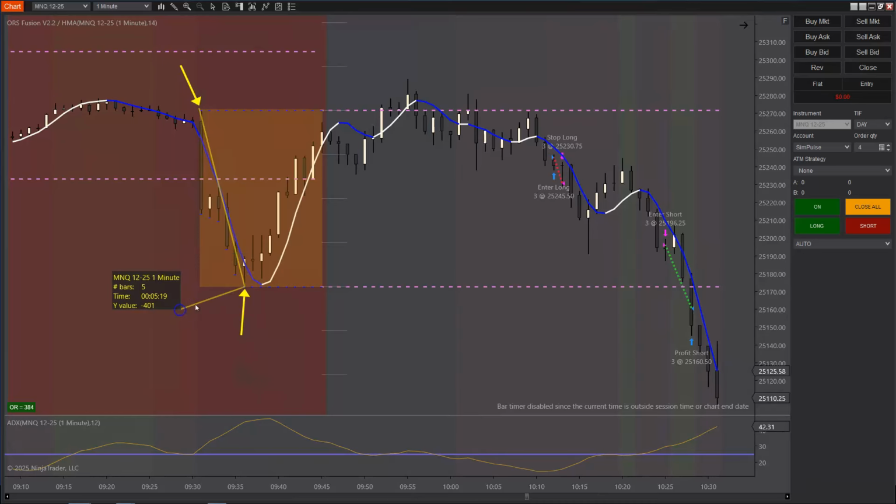Oh, nice, perfect. We're going to call that 400 ticks just to make it super easy. It's probably almost exactly 400. You can see the last day we traded, our opening range is 384 ticks. Every day it'll automatically tell you here what it is. But for this day, sometime last week or the week before, we have a 400 tick